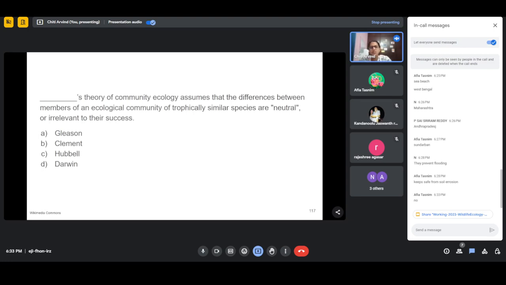And Clements assumed that ecological communities were comparable to these kind of superorganisms, where interactions of different species were responsible for the evolution of a community. In his view, superorganisms were the fundamental unit, and these keep on changing throughout the community. Gleason was the other person who had his theories on community ecology, and he believed